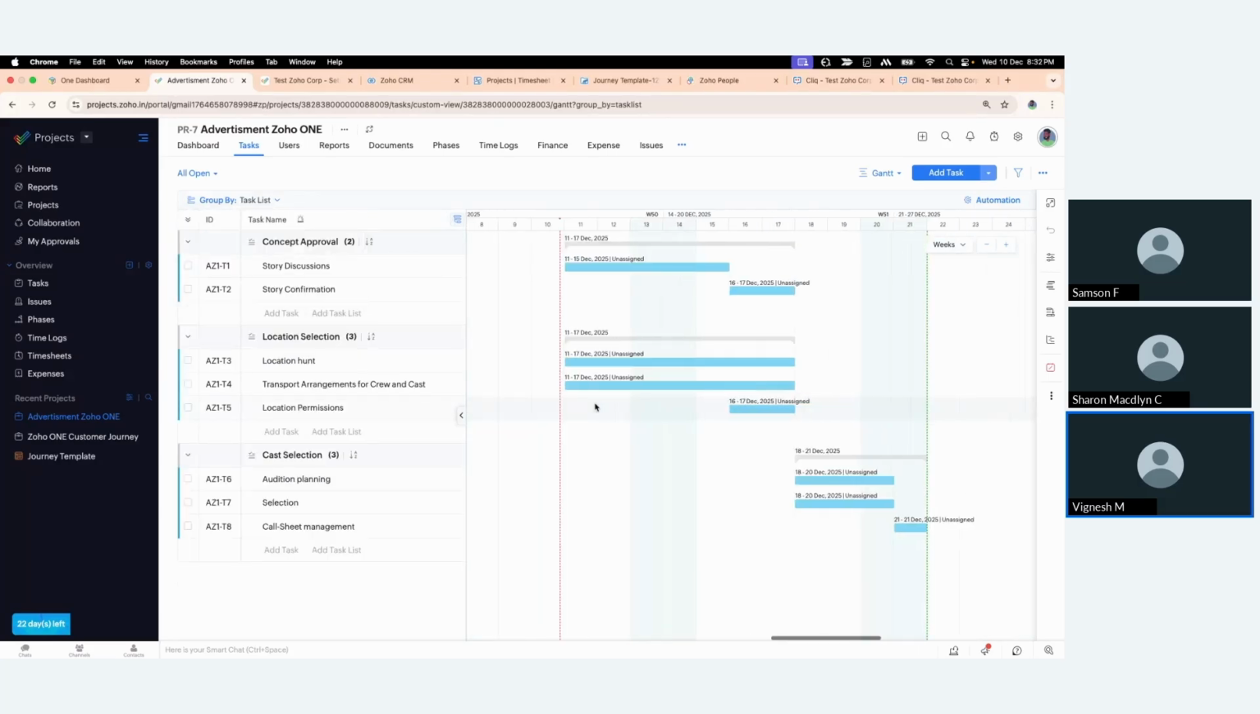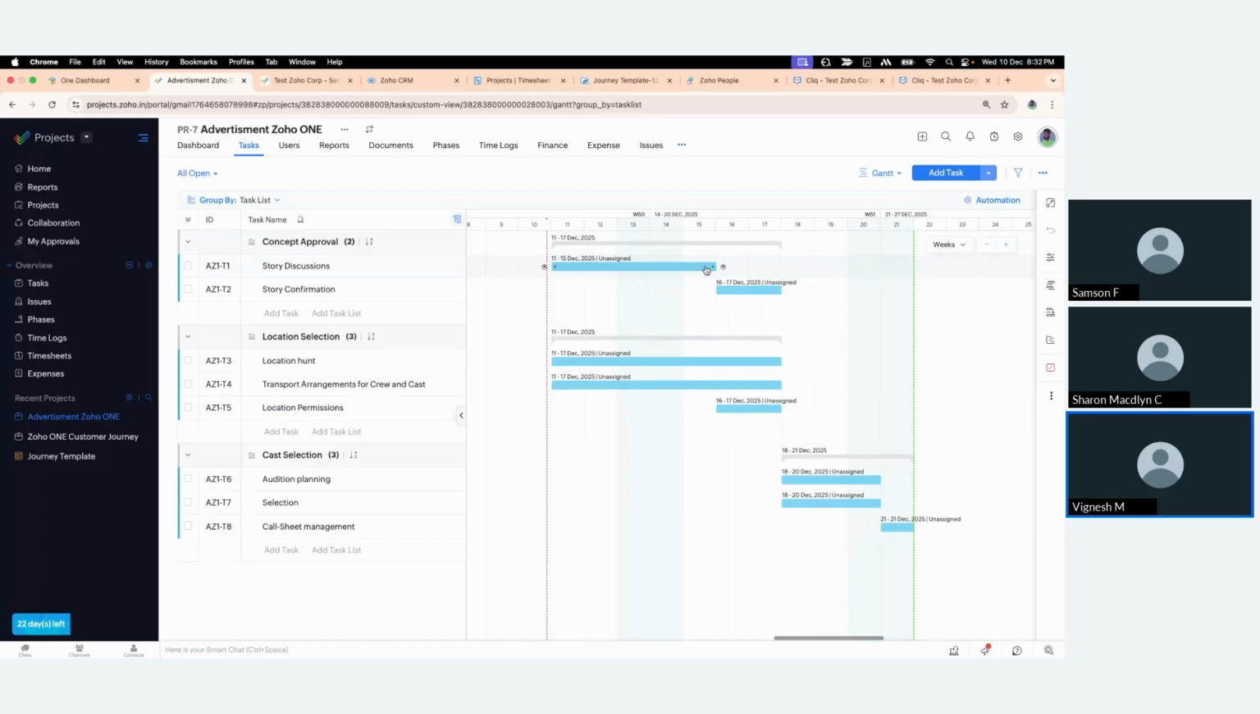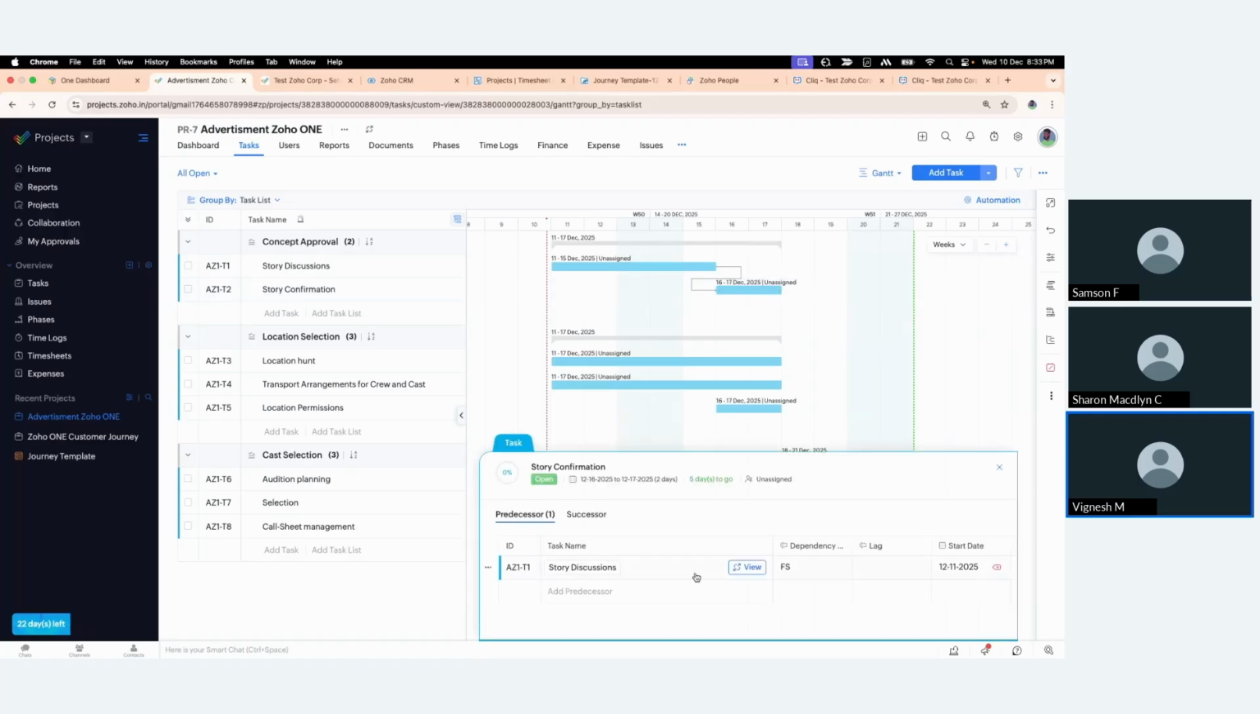Yep. So let's say each task is dependent on others. For example, without completing the story discussions, I could not proceed further to the story confirmation. So if I hover over the tasks, I could see a dot. I can just drag that and connect it with the predecessor task. What this exactly means: when I click on the task, you can see the story discussion is a predecessor and its dependency is FS. FS means finish to start. Only if I finish the story discussion, I could proceed to